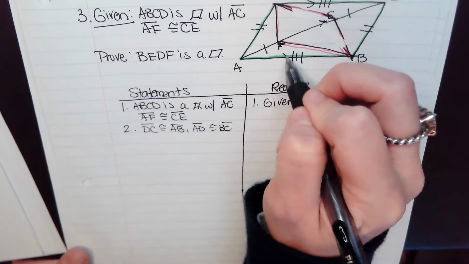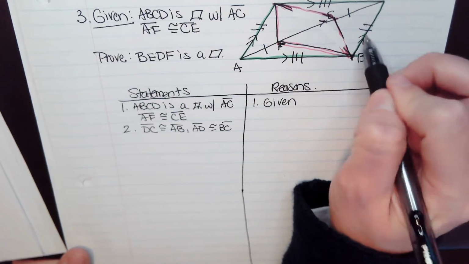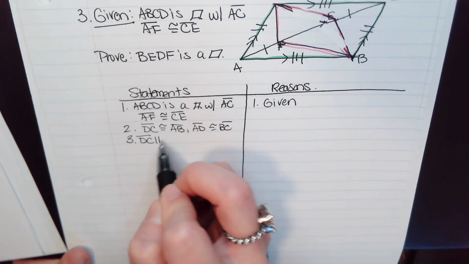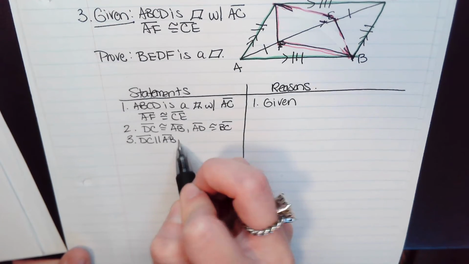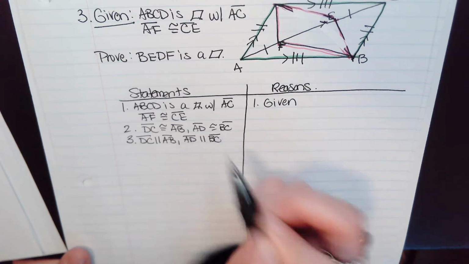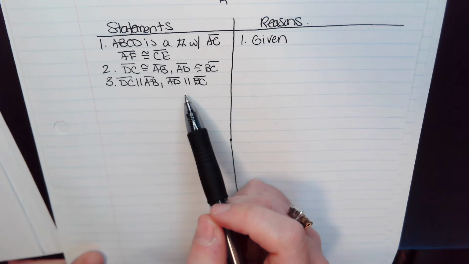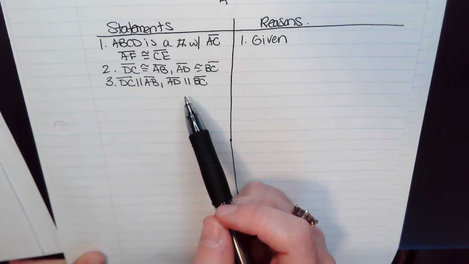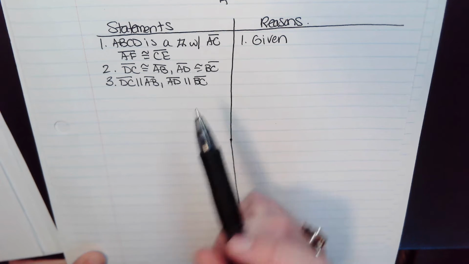Also I can get my opposite sides to be parallel to each other. So segment DC is parallel to segment AB, and segment AD is parallel to segment BC. And your reason, in a parallelogram, opposite sides are parallel to each other. All right, once you get to there, then we could say that